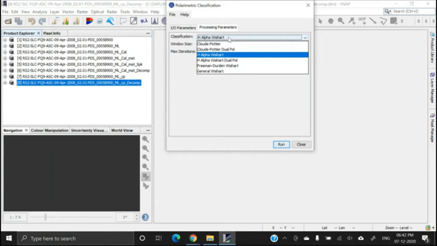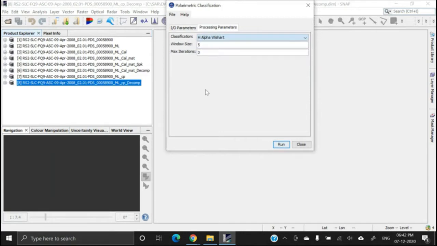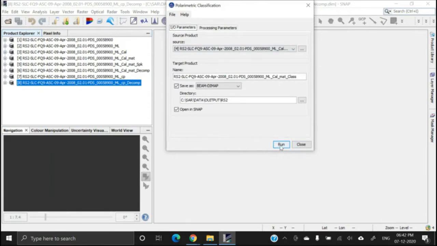Anyway, we are selecting the default one, the H alpha Wishart classification algorithm, and also select the window size as 5 by 5, maximum iteration 3. Select all these default values and click on Run.